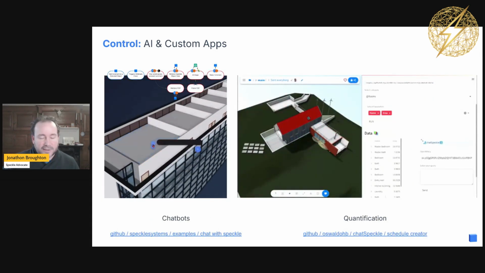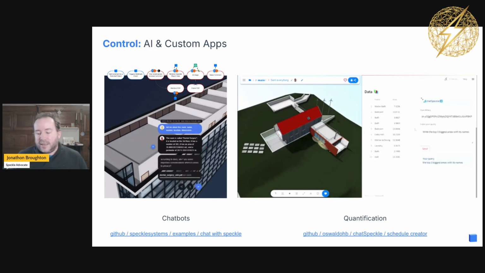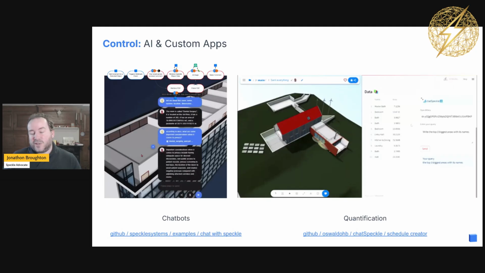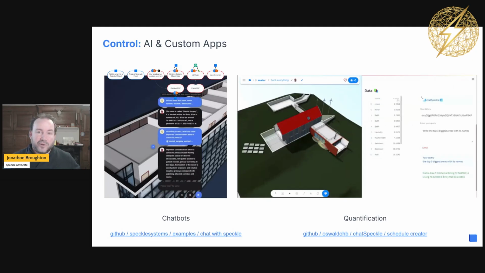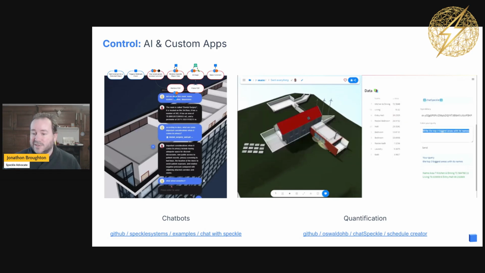A bit more on topic in terms of the course that you've been going through on AI, or at least from a machine learning point of view, is that we are able, with Speckle, to get data out of any of those applications and bring it into a central repository, do data merges, etc.